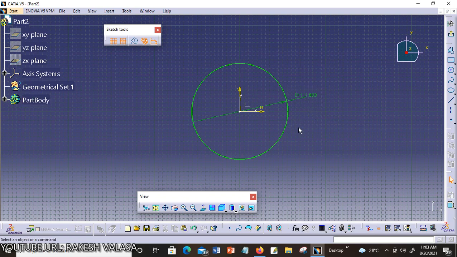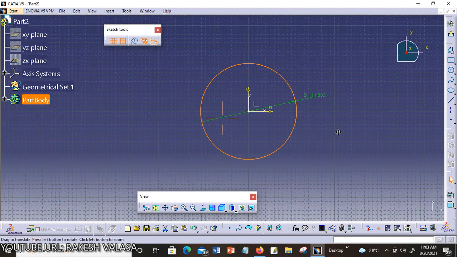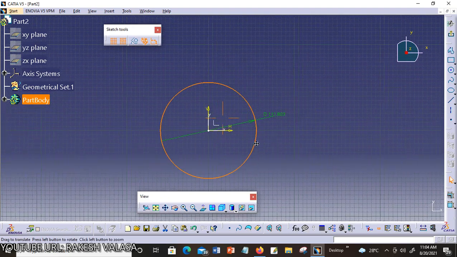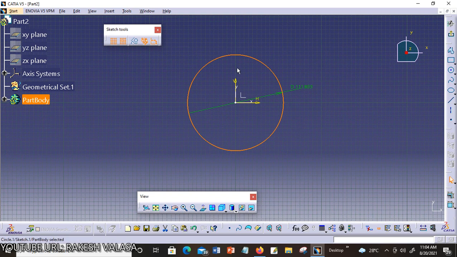Now if you drag the circle, after applying this constraint, you observe that you are unable to change the dimension of the circle. Previously you could increase or decrease the diameter of the circle. Now only the position of the circle may change. You can move it from one place to another by using the panning option. This is the procedure for applying a dimensional constraint to a sketch.